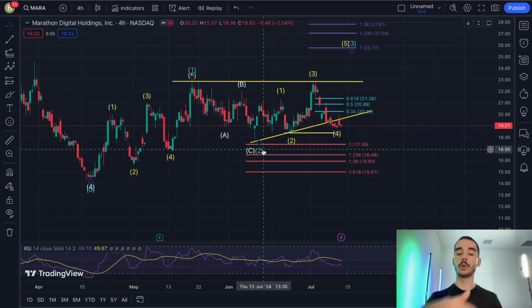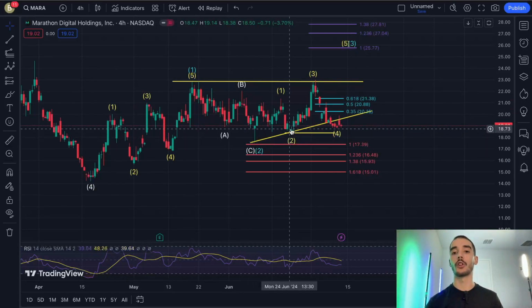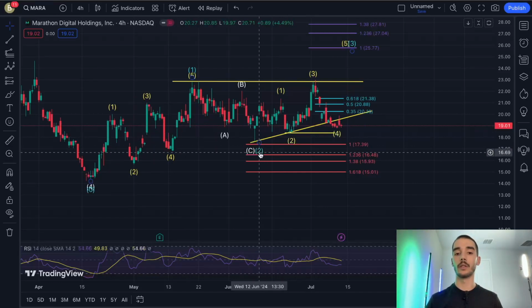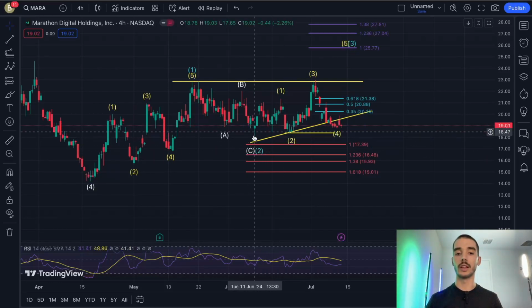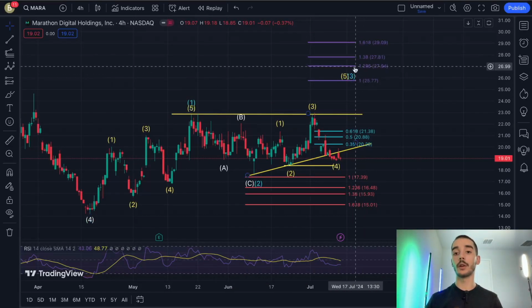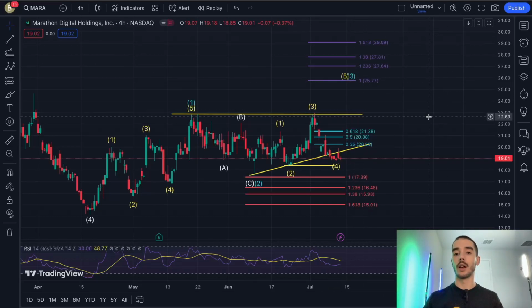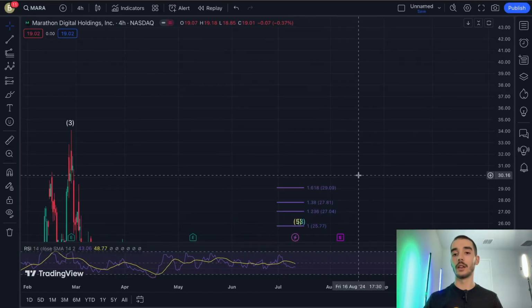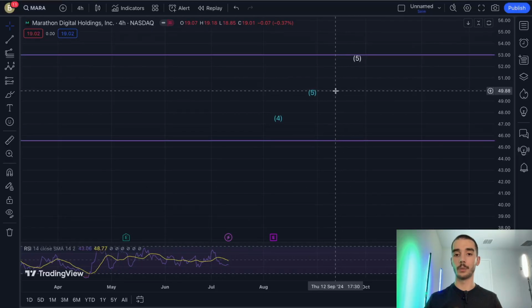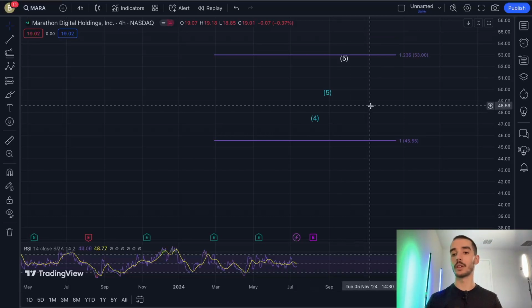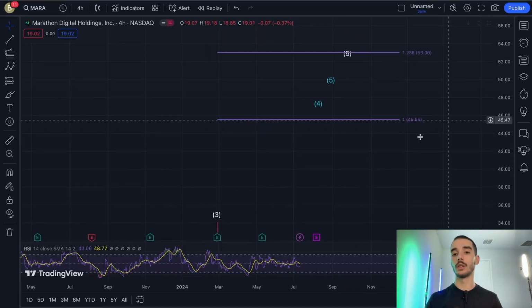As of right now, we have a second wave of the overall 5th wave, and we're currently trying to confirm if this is going to be the second wave. As of right now, we're saying that it is. And then the third wave of the overall 5th wave can bring us up into this area, potentially a little bit more than 26, maybe $27. And then from there we can see a correction, and then up into the final 5th wave, the conservative bull market top of the stock this cycle.